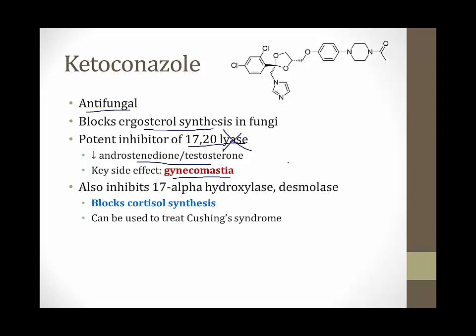In addition, at higher dosages, ketoconazole inhibits a couple of enzymes that lead to cortisol synthesis. It can inhibit 17-alpha hydroxylase and desmolase, and by blocking these enzymes, there's less cortisol synthesis. And for that reason, you can use ketoconazole sometimes to treat Cushing's syndrome, which is a disorder I talk about in the video on adrenal disorders. But in Cushing's syndrome, the adrenal gland produces too much cortisol,